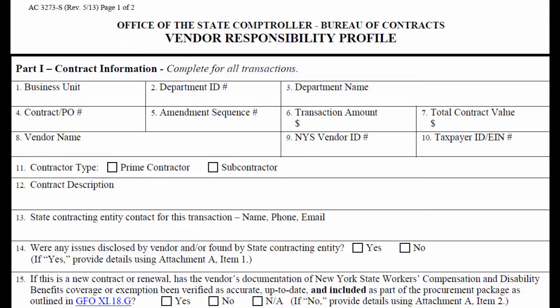Please make sure these last three items match the information entered in SFS and contained in